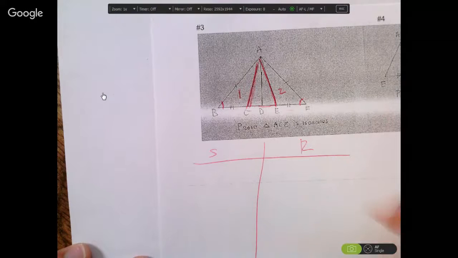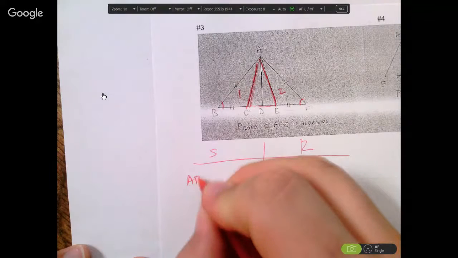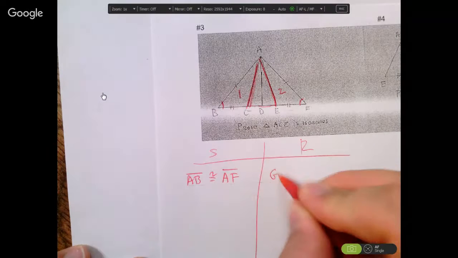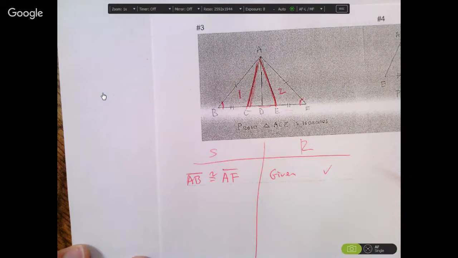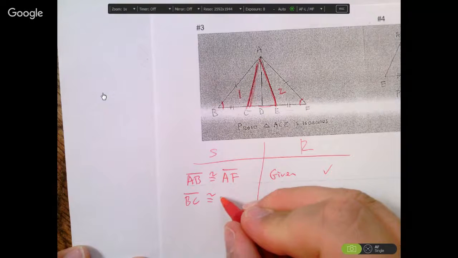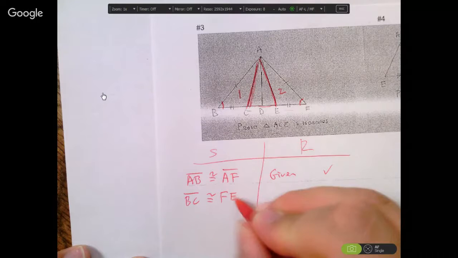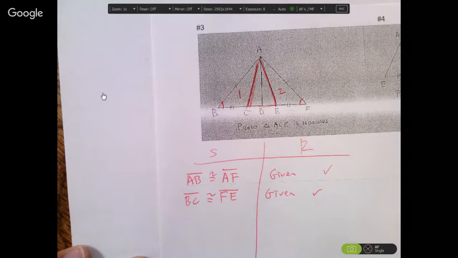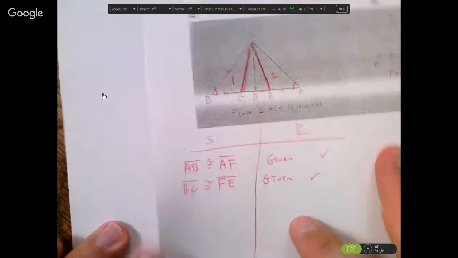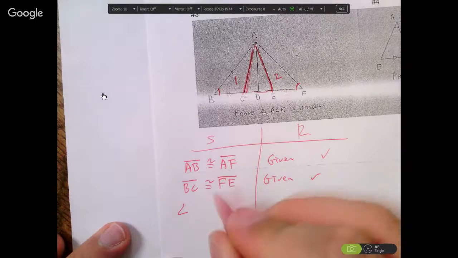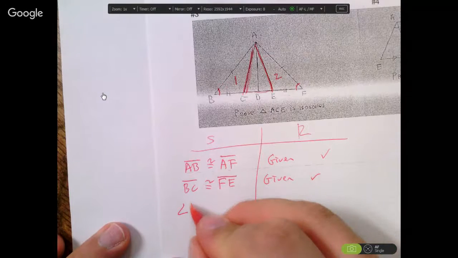Say it again, Mark. Segment AB is equal to AF. Okay, so there I would have given you some points. BC is congruent to EF. I would call it AFE, but I wouldn't take off if you said it the other way. Ben, did you have your hand up? And you say that angle AFE, can I just call it F, is